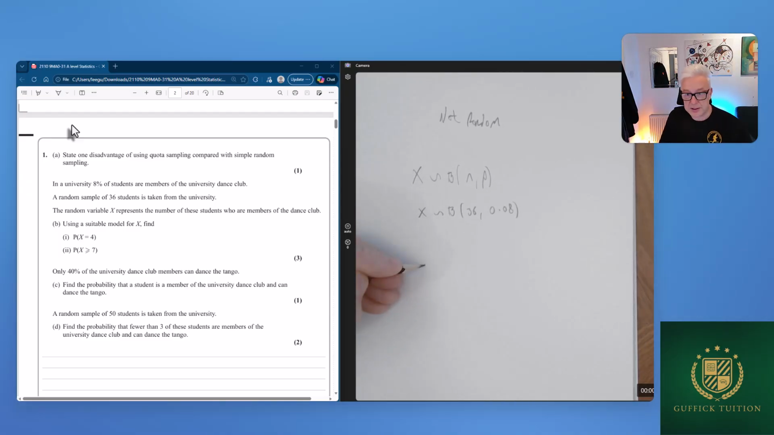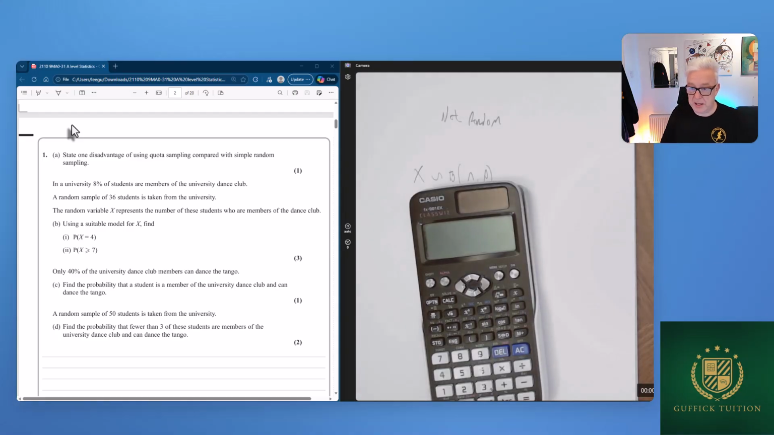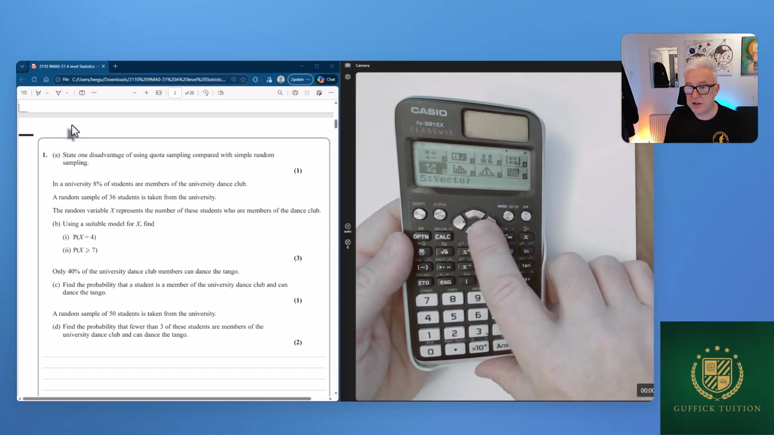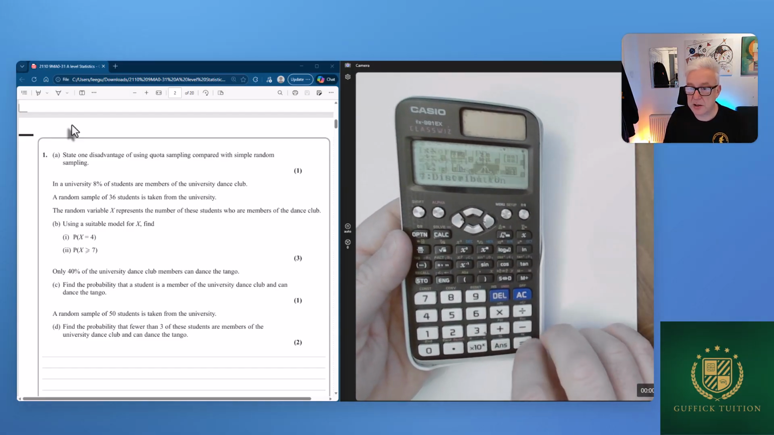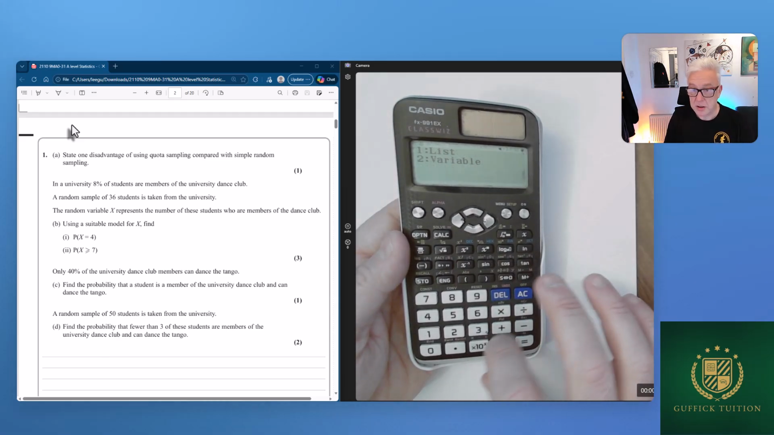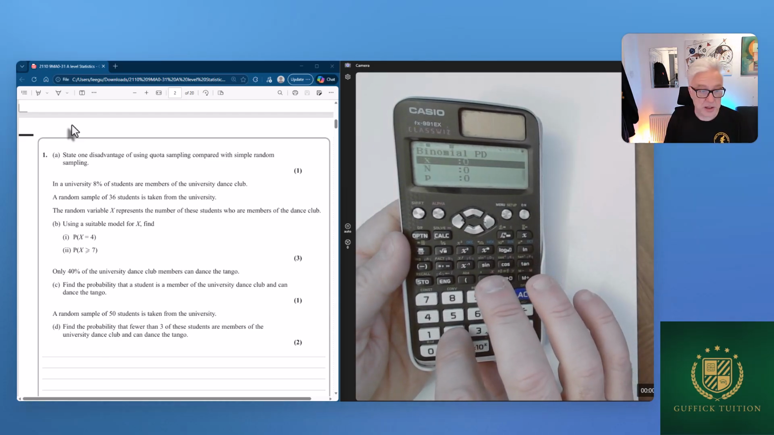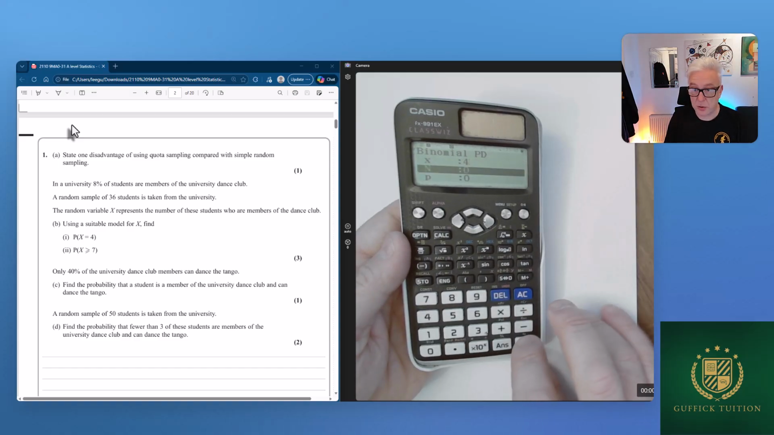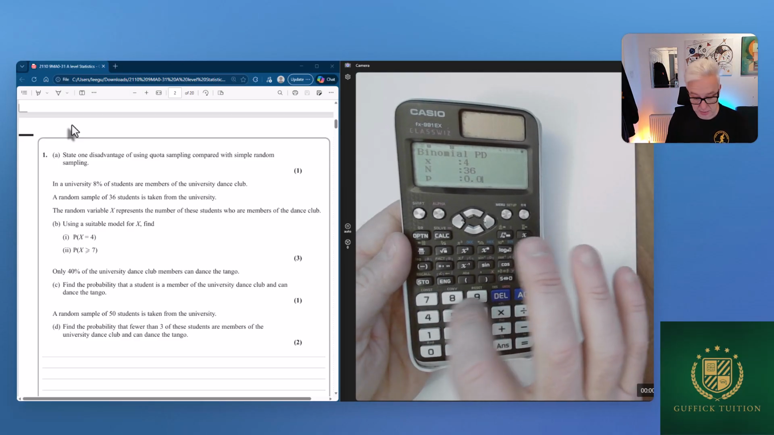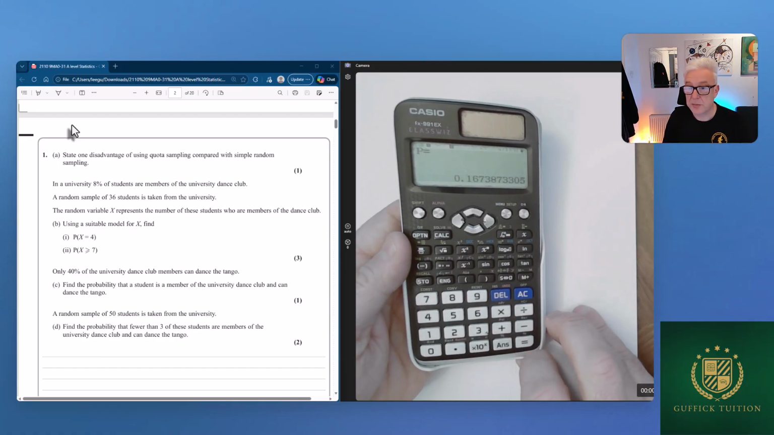Now, probability that x is equal to 4. This is going to be binomial PD is what we're going to be using here. So let's just have a look at this. Now, obviously, I know there's lots of different calculators in use at the moment. I'm just using one of these older ones here. So I'm going to go to binomial PD. We want it to be x is equal to 4, n is 36, and the probability is 0.08. So that's going to give me a probability of